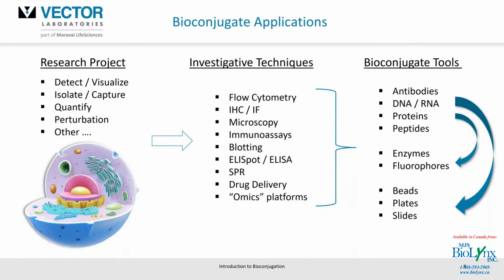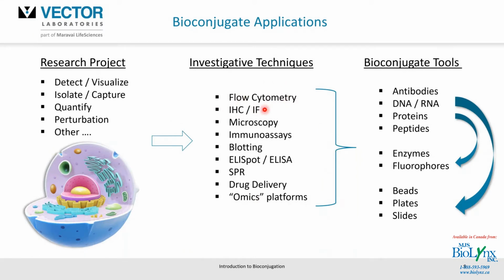Maybe you're trying to upregulate something and you want to quantify it. I've got the word there, perturbation. Maybe you want to interfere with a cellular cascade or pathway, and you want to inhibit something or stop it and see what happens. And that's just an abbreviated list again. And you're thinking, well, how am I going to probe this? How am I going to undertake this particular research project? What you do then is think of various investigative techniques in doing that, whether it be using flow cytometry, a fluorescently conjugated